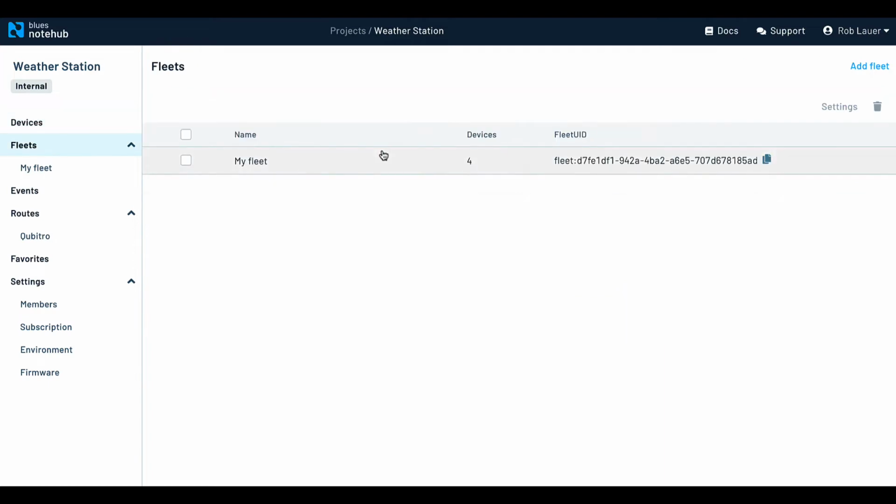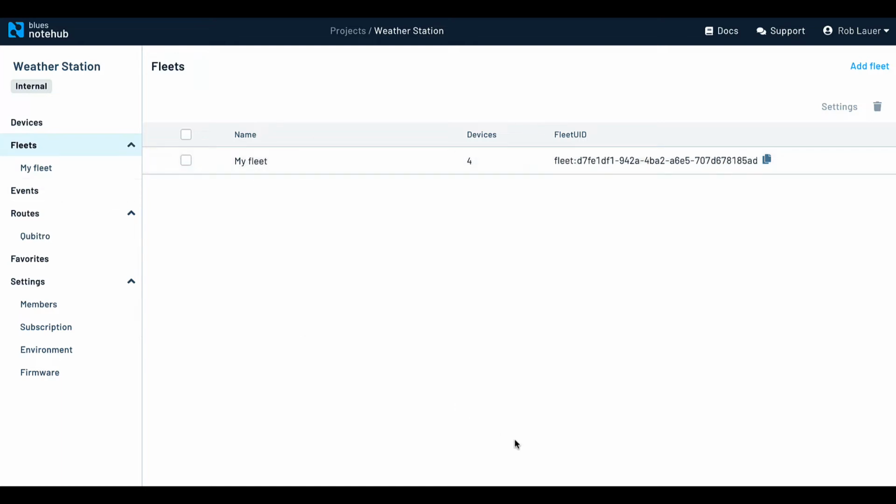Now, fleets are another giant component of scaling. When you talk about best practices for fleets, we'd ideally want maybe an operational fleet, a decommissioned fleet, maybe a new fleet. Maybe you want to triage devices as they're onboarded in your system before you deem them worthy of getting into the operational fleet. There's a lot of different ways to manage fleets. I'm not going to do any of the management here in the UI because I want to save that for the API demo here in a second.